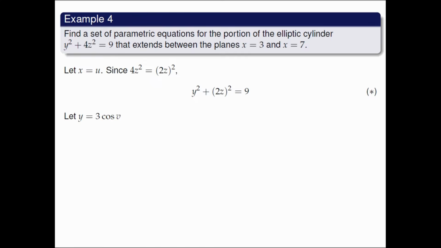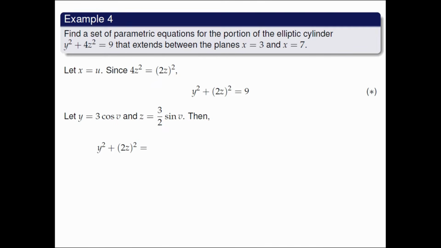We now let y equals 3 cosine v. We want 2z equals 3 sine v, so that z equals 3 halves sine v. We check that these two equations here satisfy this equation. Then,